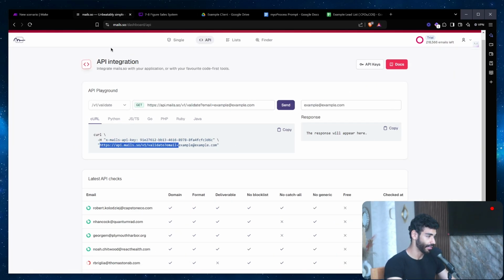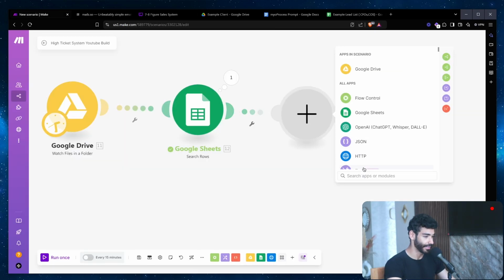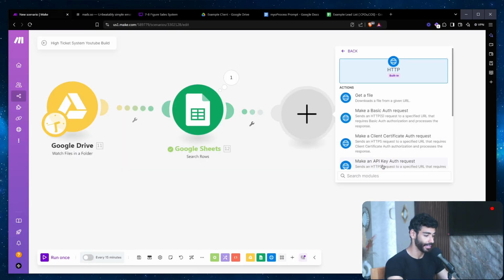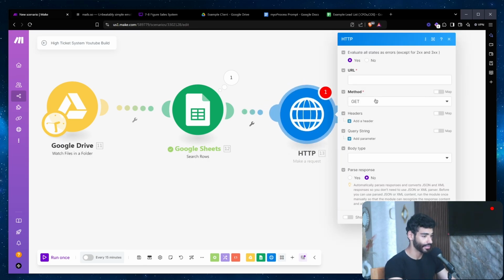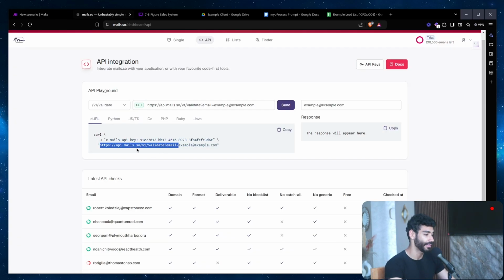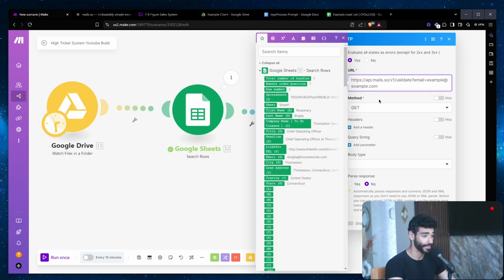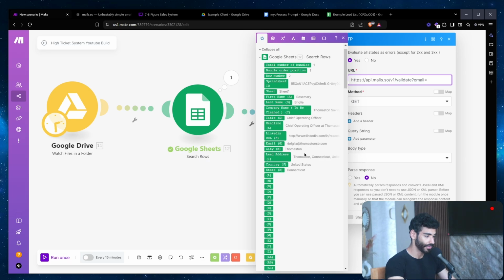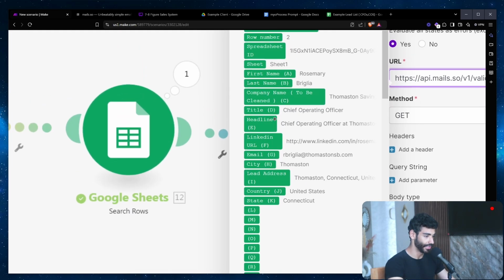So we're just gonna click on our Make scenario, and then we're gonna choose the module HTTP, and we're gonna look for make a request. So essentially, we're just gonna make a request to this URL right here. So we're gonna copy this URL, and then the method is going to be GET, because when we are calling this API, we're retrieving the status code, which is going to be either 200 or 400 depending on the results of the email. So we're going to change this email right here to the email that we have, which is going to be